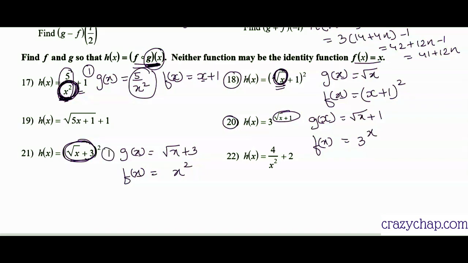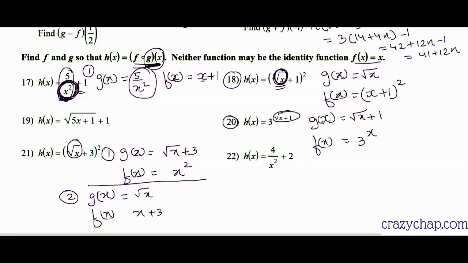Now another answer could be, let me explain that. I hope by now you have understood. The second answer could be, if I suppose g(x) as just root x, only this root x I supposed as g(x), so the f(x) would be x plus 3 and whole square. Good, guys. Let's try question number 22.